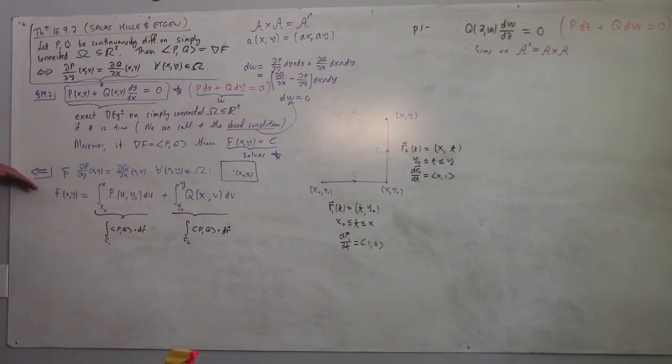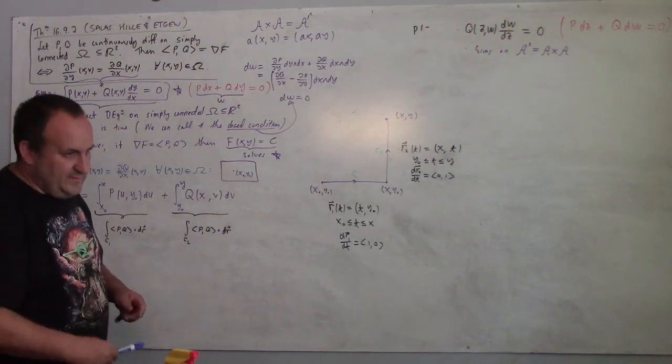My point is, if you were working in a more general set, not just a rectangle, you could still define the potential like this. But then the trouble is, if you're in a more exotic set, you don't know that the L is inside the set, you know? Like if the set that you have